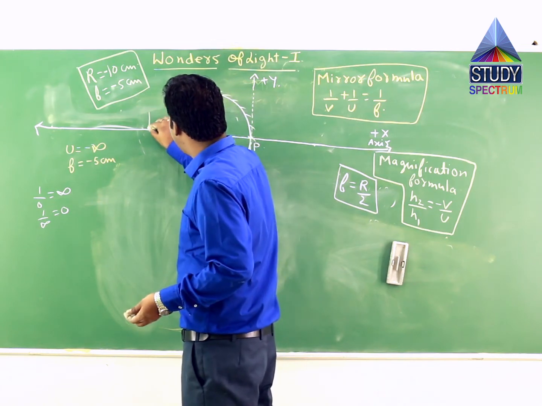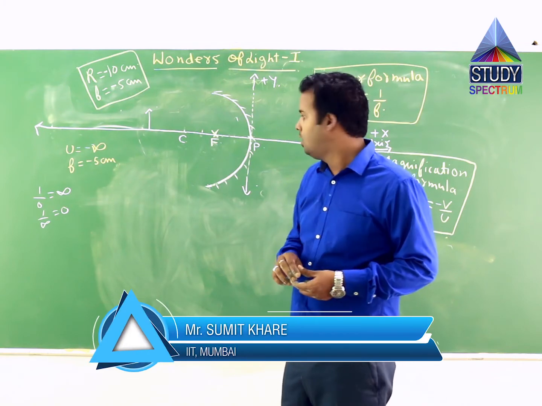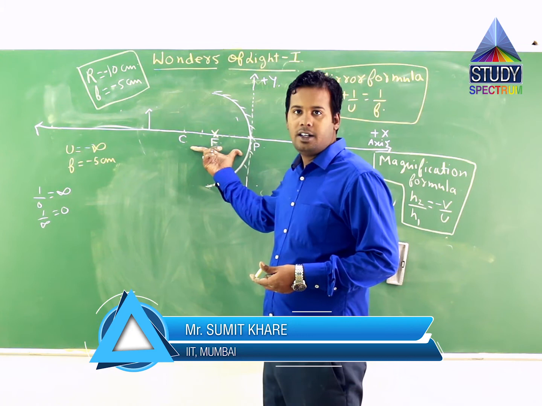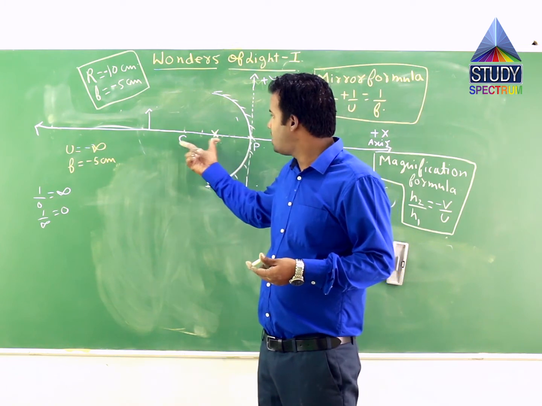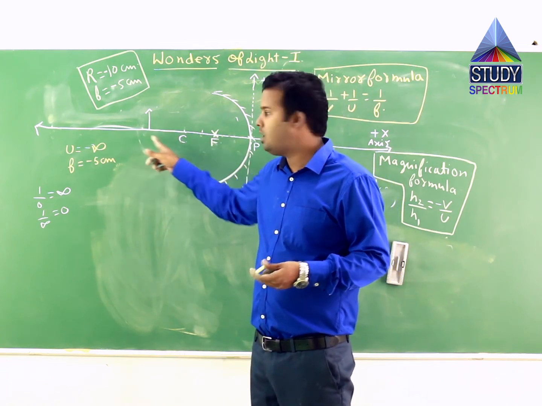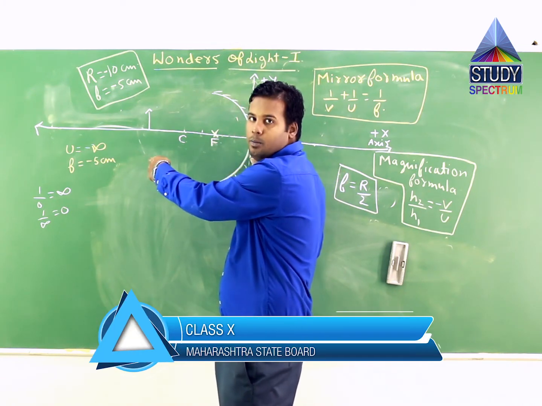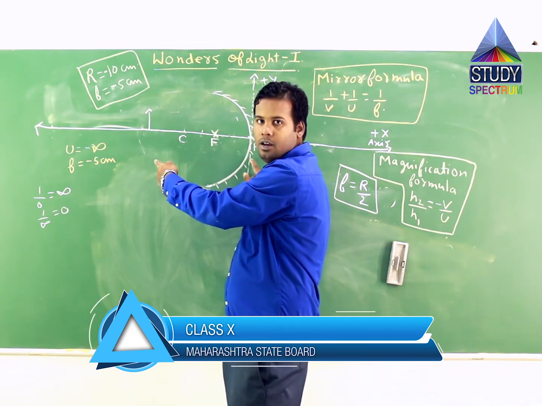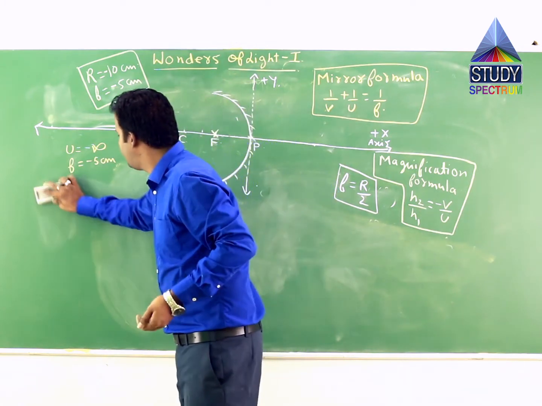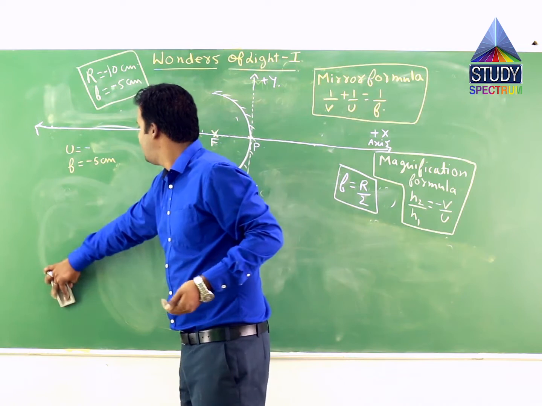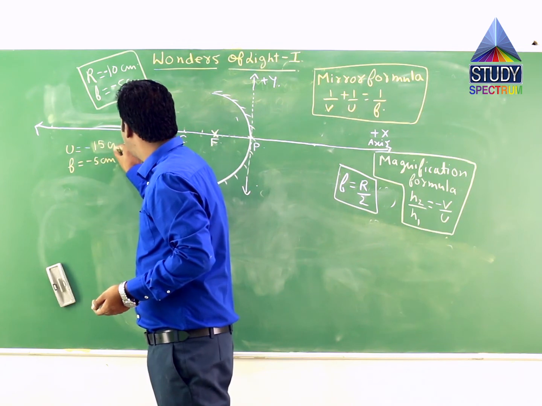This becomes our second case, that is the object is placed beyond center of curvature, beyond C. Now since this length I have taken as 10 centimeter, it is minus 10 centimeter because it is lying on the negative x-axis. So obviously since the object is beyond center of curvature, this magnitude should be greater than 10, correct? Or it should be a more negative value than 10. So suppose if I take this value as minus 15 centimeters,